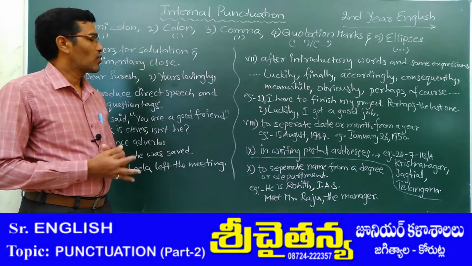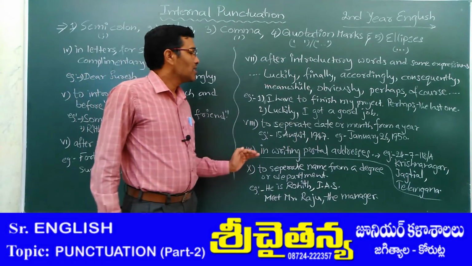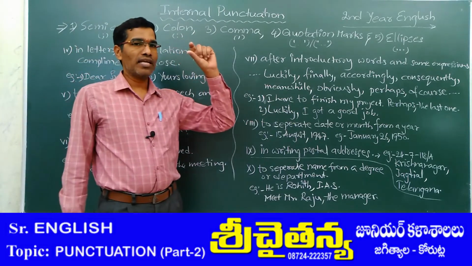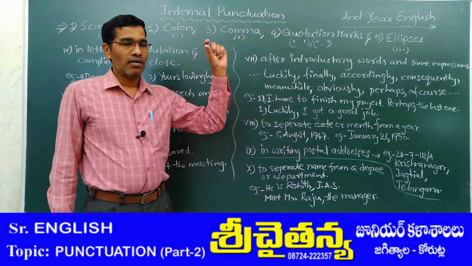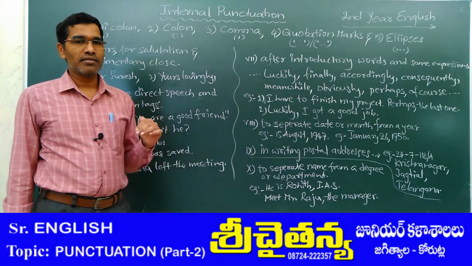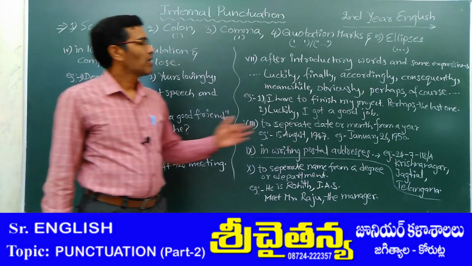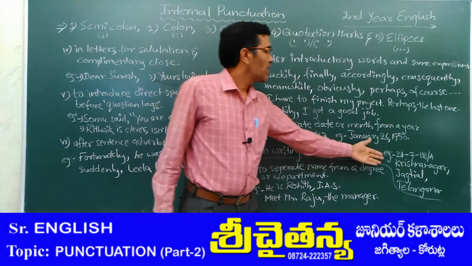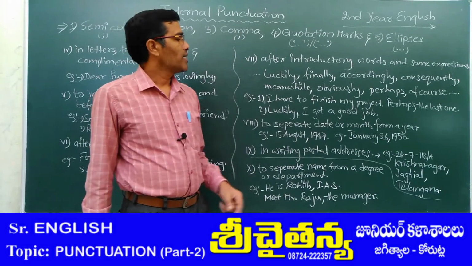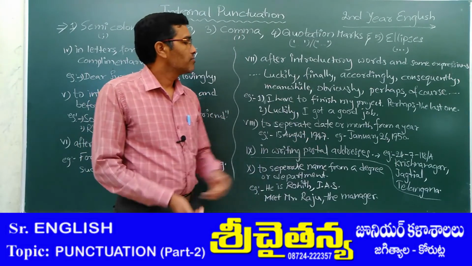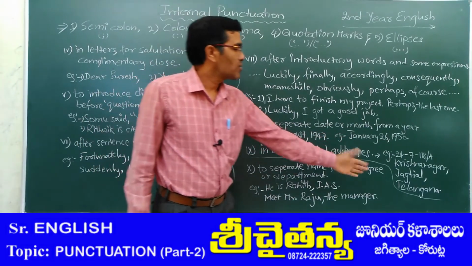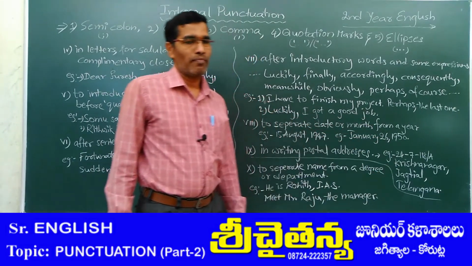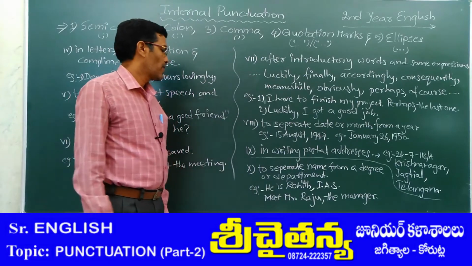The ninth usage of comma is in writing postal addresses. What do we write? First we write our name, under it the house number. For the house number we need not punctuate. After that, the colony or street, we can say Krishnanagar, Jaditya. The last one takes a full stop. This is the writing of a postal address.